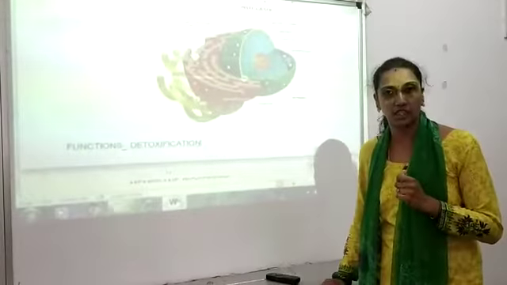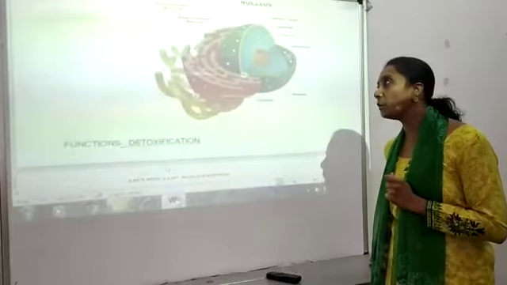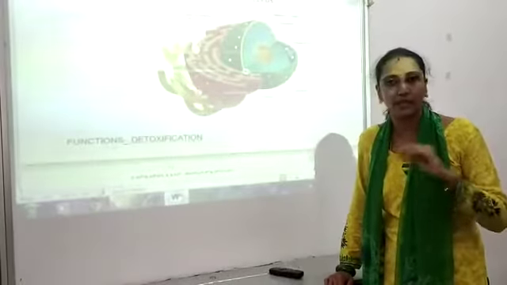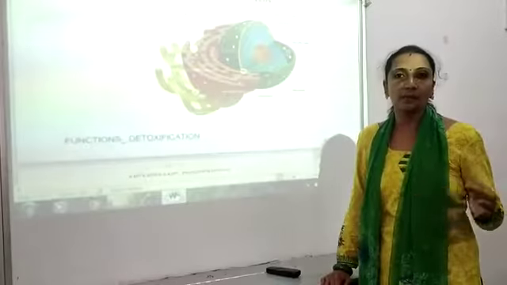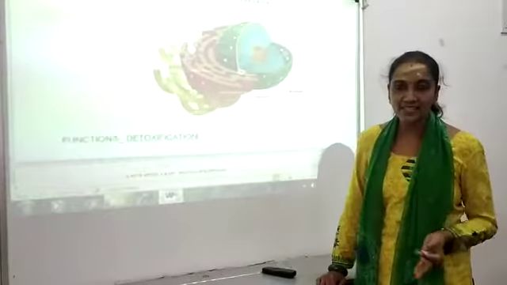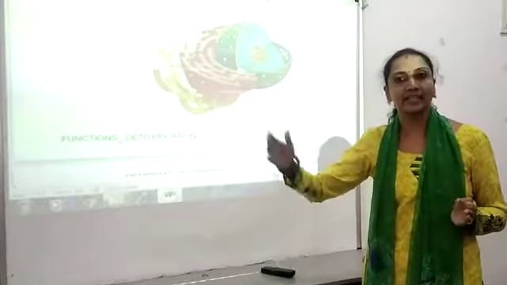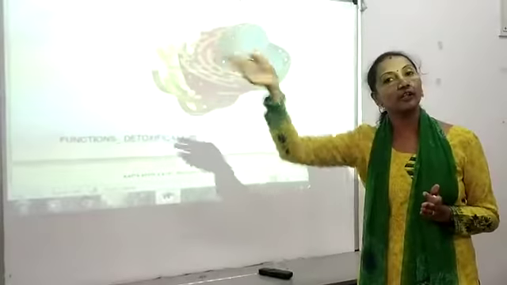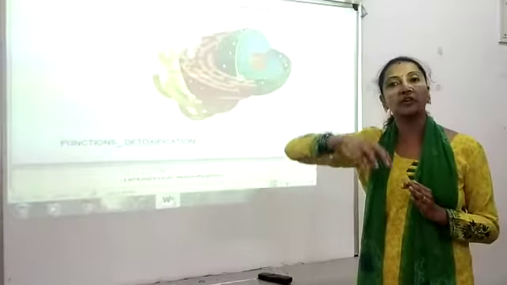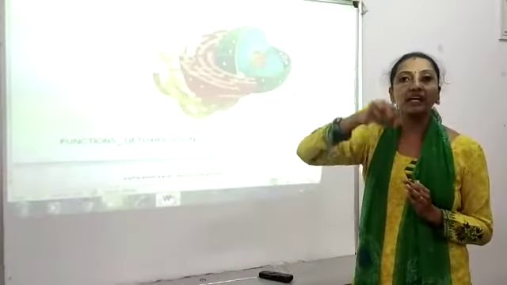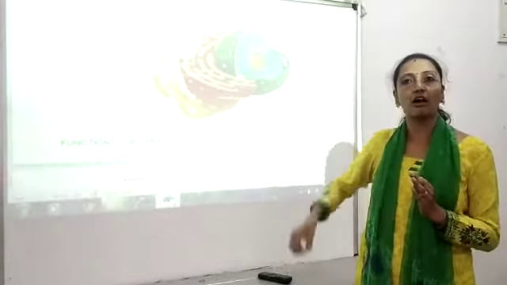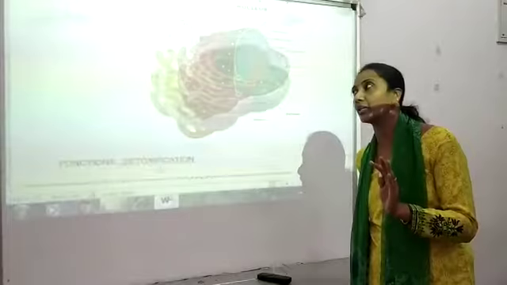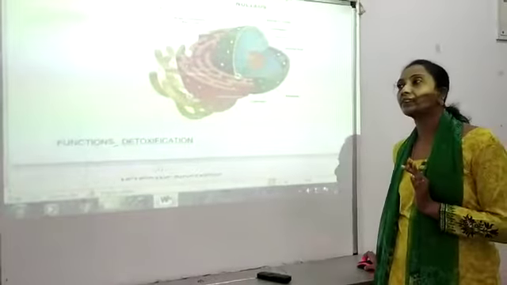Then it is the transportation. What is this transportation? Since these are tube-like structures, they carry the necessary equipment, such as enzymes, proteins, hormones, amino acids, etc., to the target site. The target site here could be any other cell organelle, or even the exterior of the cell, or even the blood. So they help in transporting these important substances from where they are synthesized to the target site of the cell. So these are the important functions of the endoplasmic reticulum. Just go through this properly, there is nothing much to learn.